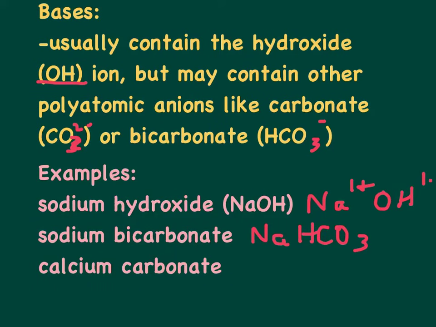That's baking soda. And calcium carbonate is CaCO3. Both calcium and carbonate have a charge of 2, so we end up with CaCO3. Calcium carbonate is limestone, so it's a big part of what is in our drinking water. It's what forms that scale in your kettle, that white crusty stuff in your coffee maker, your kettle, or your irons. That's calcium carbonate. It's dissolved in our drinking water because our water comes from groundwater or the lake, and our bedrock is limestone. There's a lot of calcium carbonate dissolved in our water, and we see that coming out in our appliances sometimes